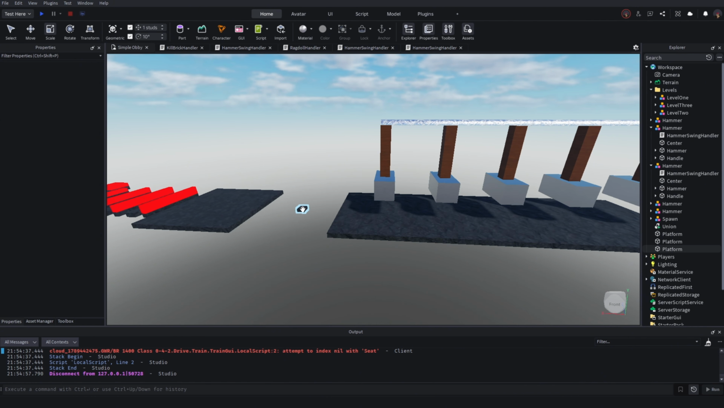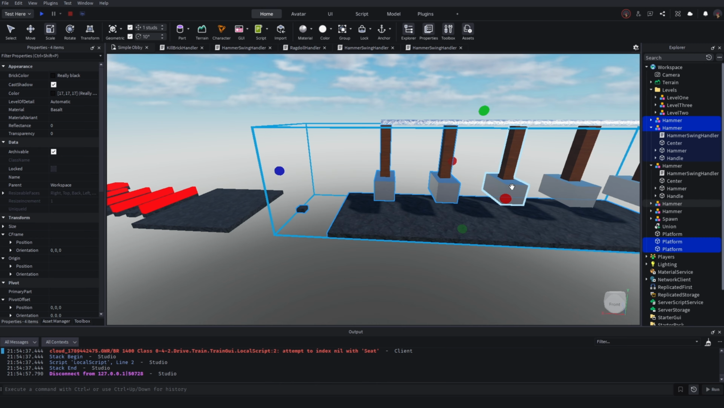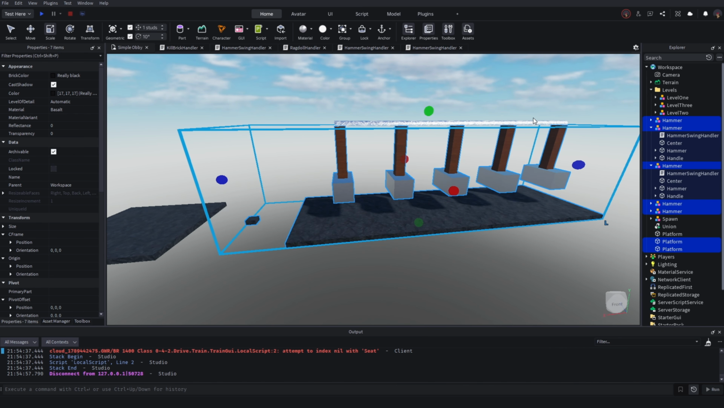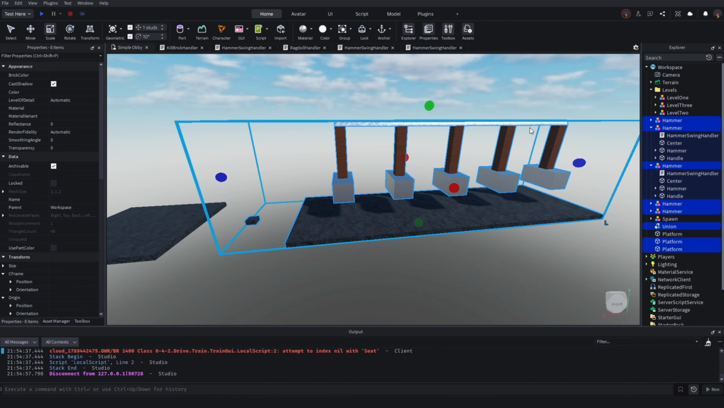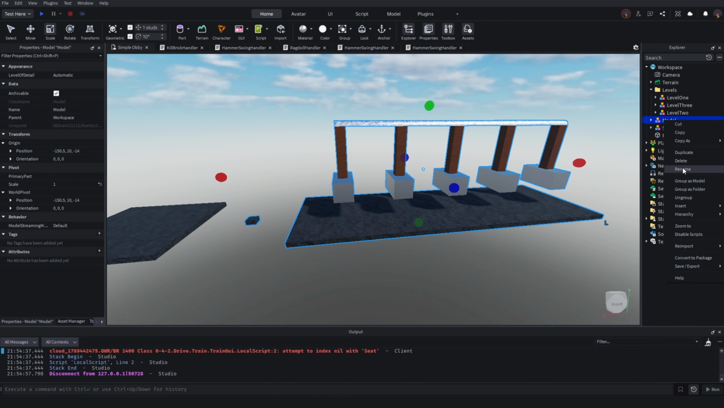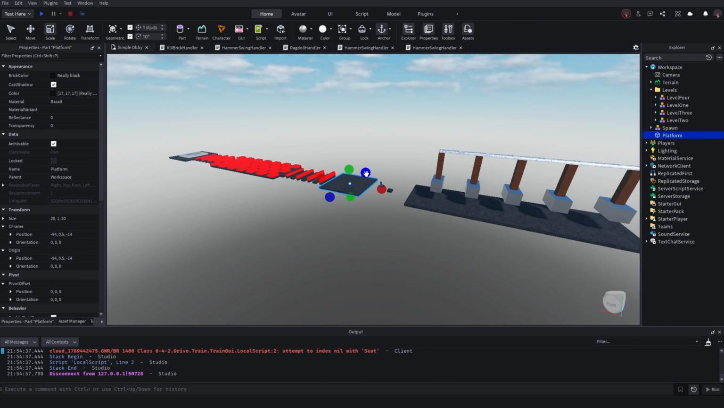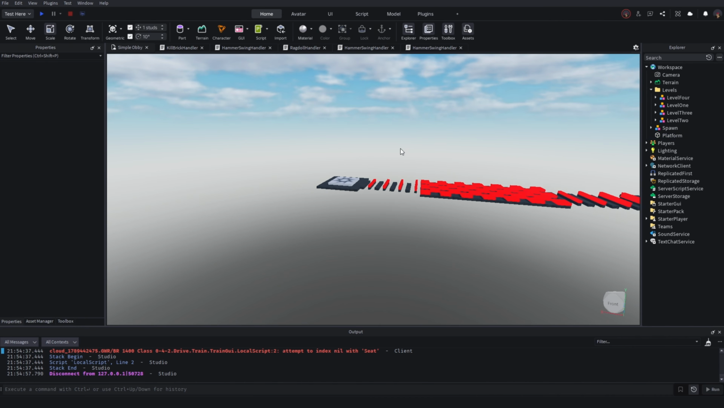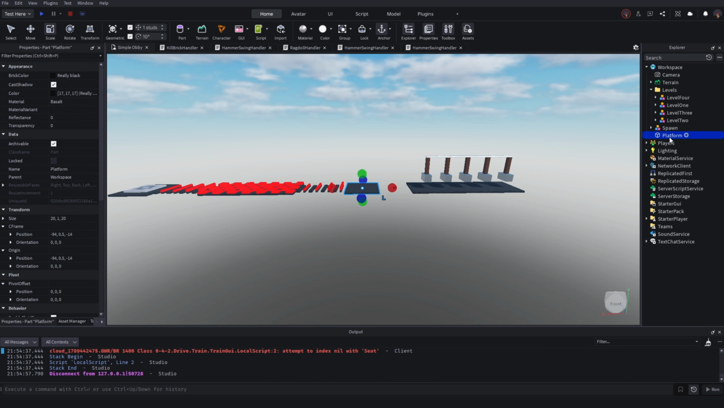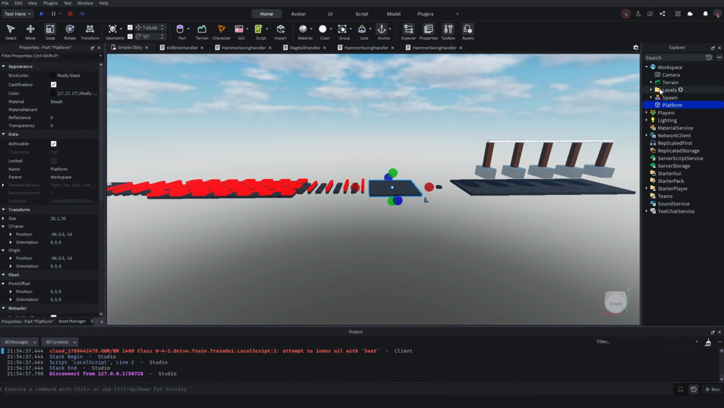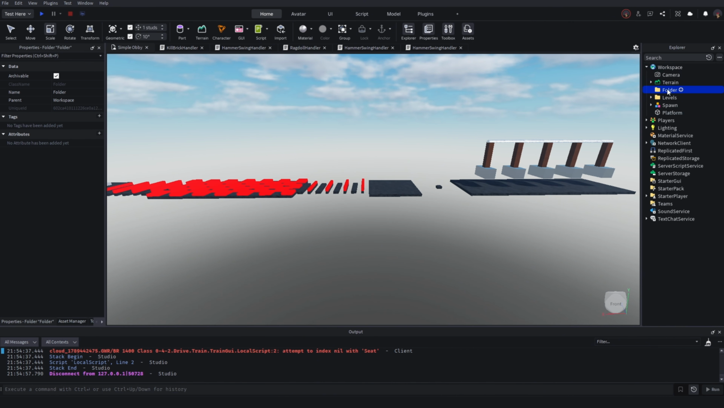I'm gonna select everything from this level. And just select everything. Control G. I'm gonna rename it to level 4. I'm gonna move it into levels. I'm gonna add a new folder. I'm gonna add a new folder into workspace. So I'm gonna click the plus button right next to workspace. I'm gonna click on folder. I'm gonna rename it to